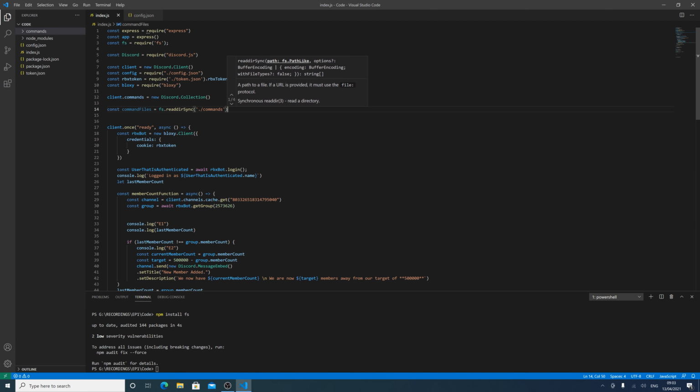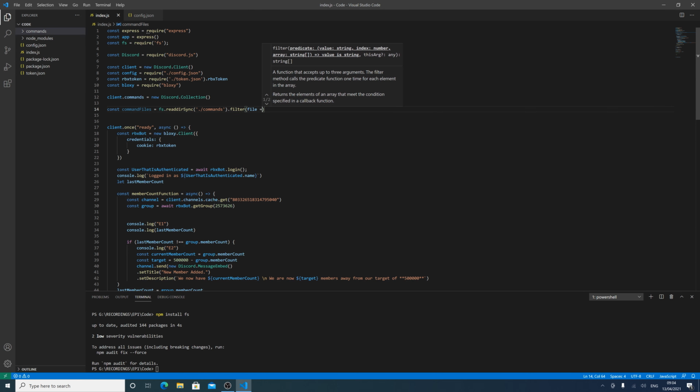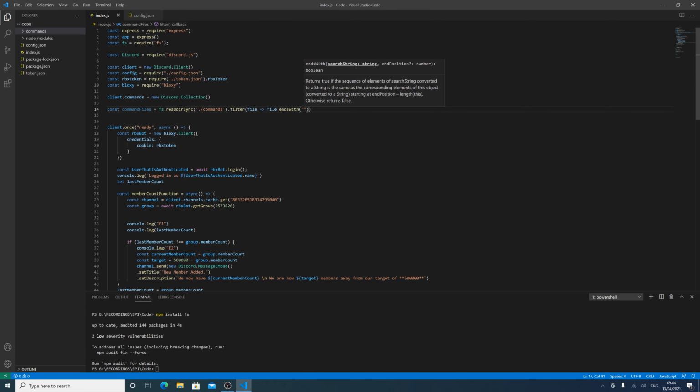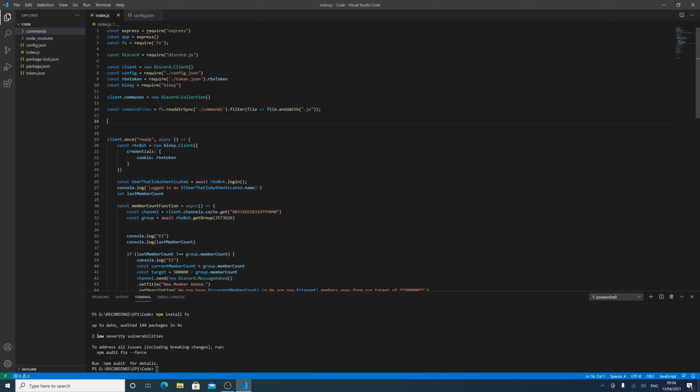we need to do .filter. So we need to get the file, and then file.endsWith, and then we need to do .js, and we can put a semicolon on the end. Basically this is just going to get all of the files that end with JS, and they can be registered as a command. So for const file of commandFiles, we need to open our curly brackets,